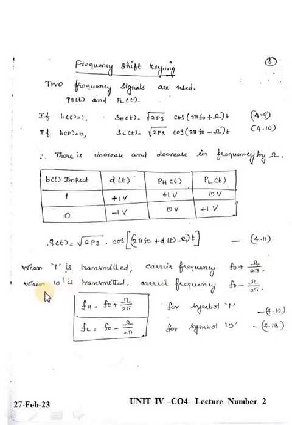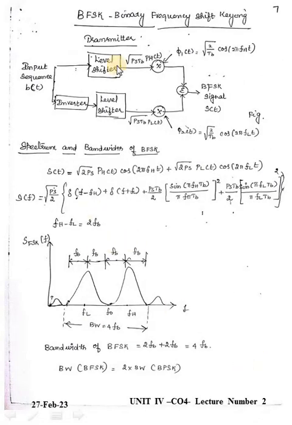Similarly, for input signal 0, the carrier frequency is equal to f0 minus omega divided by 2 pi. So I can write the high frequency signal as f0 plus omega by 2 pi, and the low frequency signal as f0 minus omega divided by 2 pi. As I told earlier, the binary input stream is considered as 0 and 1, so it is called binary frequency shift keying. The same